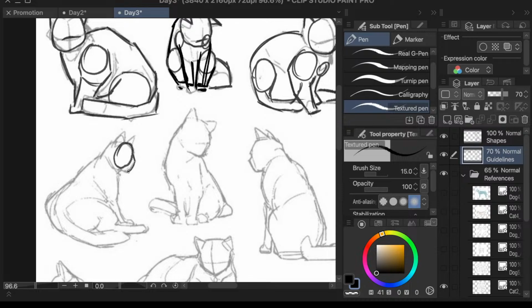Again, this downward. Go. This one is a bit stronger, maybe. This one should be